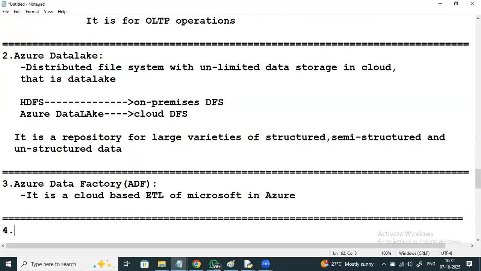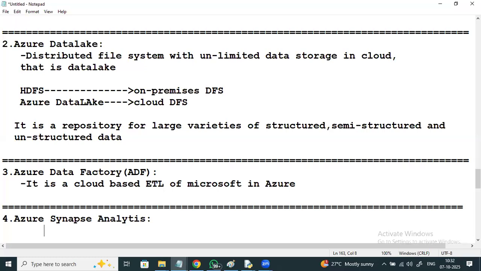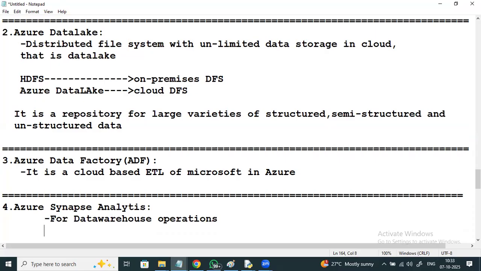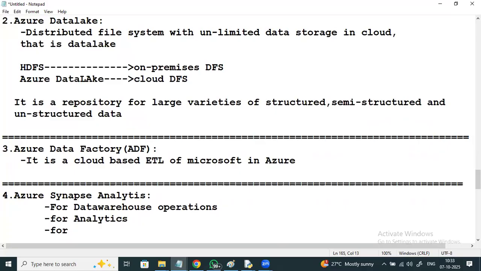Next, Azure Synapse Analytics. It is for data warehouse operations, for analytics, for batch processing.